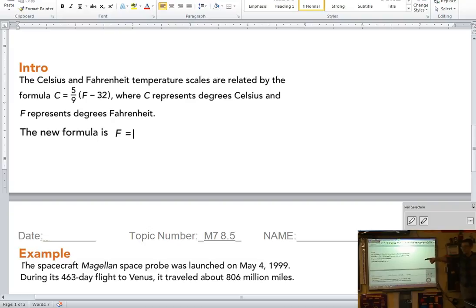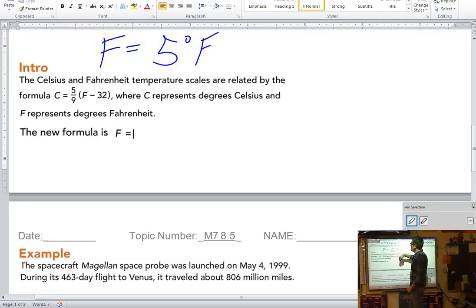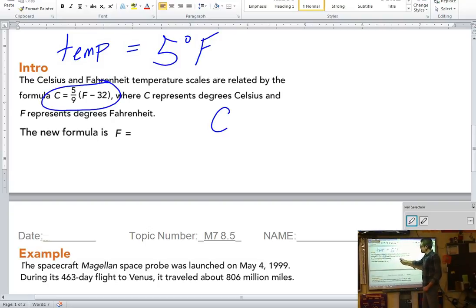So, if you were going to call your friend in England and talk about this morning and how cold it is outside, we know the temperature in what degrees? Fahrenheit, right? We know Fahrenheit was 5. So we have 5 degrees Fahrenheit. So we would use this formula and say my degrees Celsius will be 5/9 times the 5 minus 32, all in parentheses.